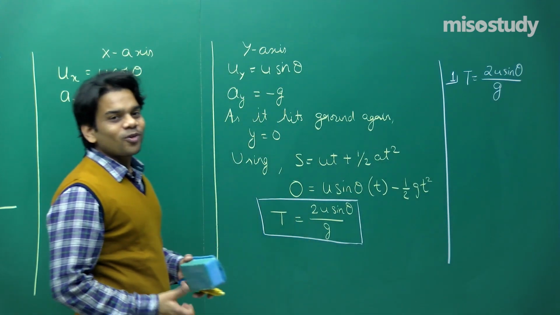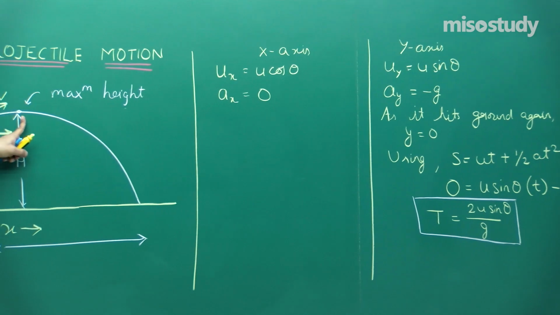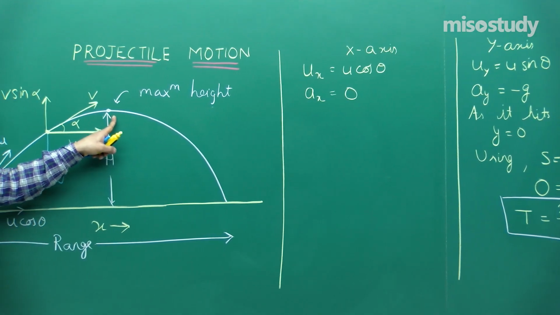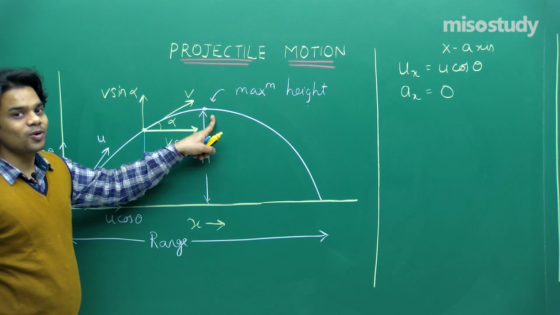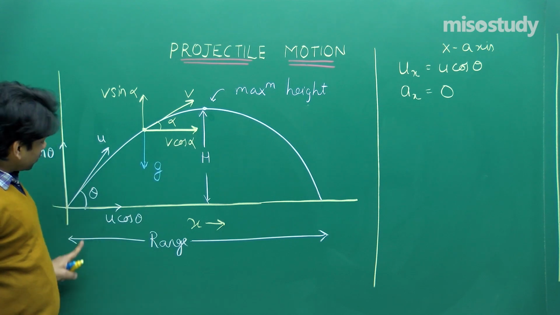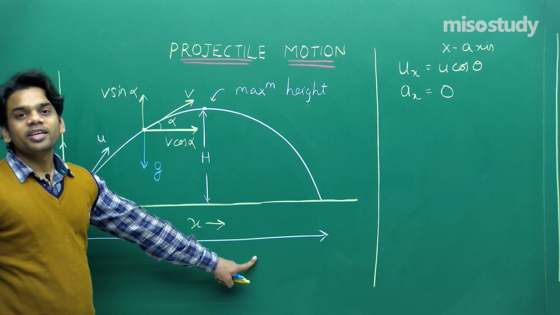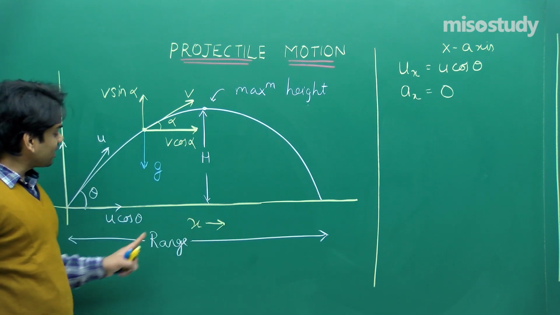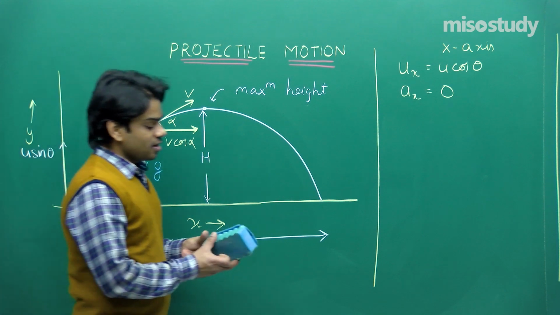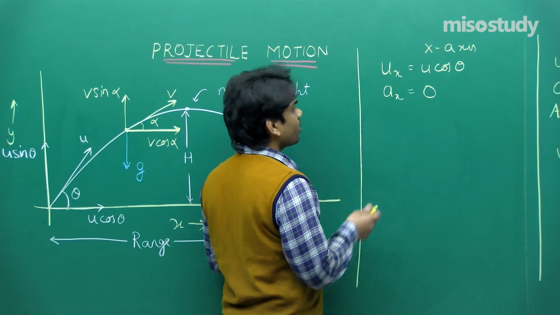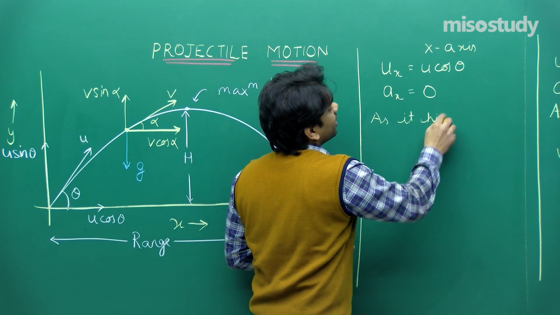Now second thing what we can evaluate, you see here, again in the figure, at this point the particle is at its highest point. At this point the vertical component of velocity is 0. And you see here more, the body along the horizontal direction has got no acceleration. So we can find out the range of the particle if we use u cos theta and multiply it with the total time taken. So now the second thing that we can find out is, as it hits the ground,